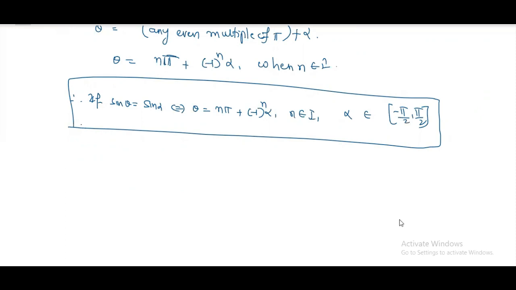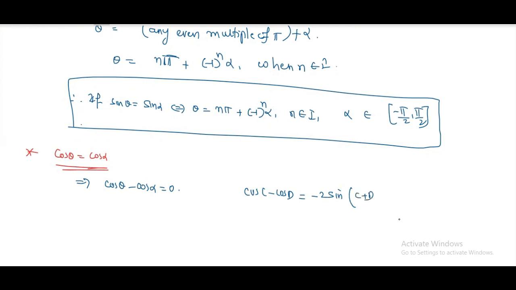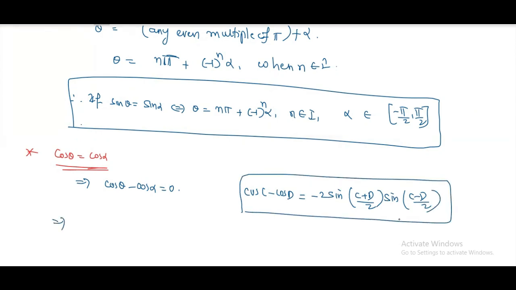Next, cos theta is equal to cos alpha, let's say. If we have cos theta equal to cos alpha, what is the general solution? In a similar way, we can take cos theta minus cos alpha is equal to 0. What is the formula for cos c minus cos d? Cos c minus cos d is minus 2 sin c plus d by 2 into sin c minus d by 2. Applying it here, we get minus 2 sin theta plus alpha by 2 into sin theta minus alpha by 2